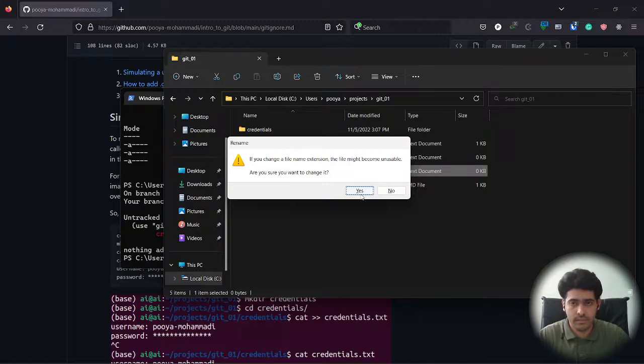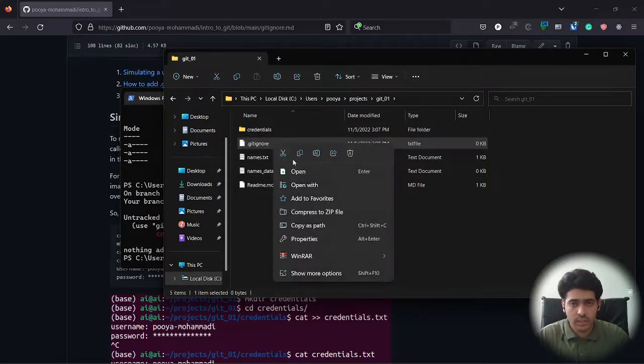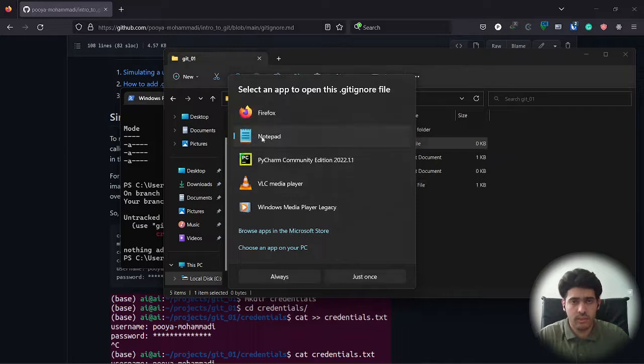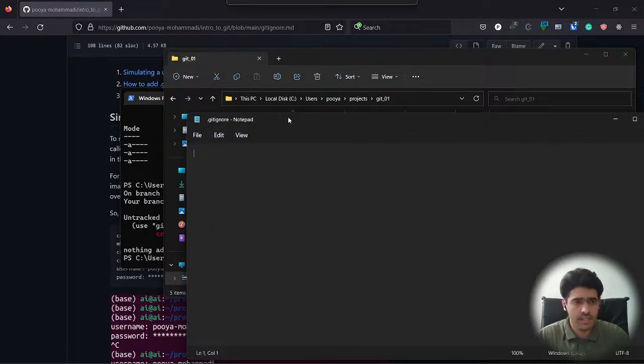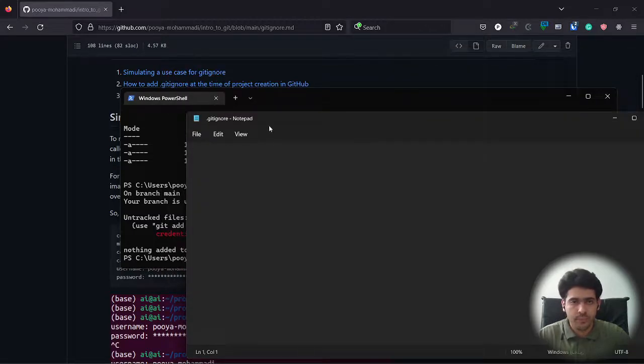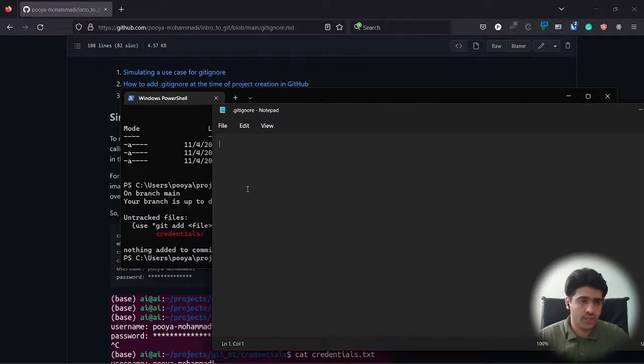Okay, and open it using Notepad, because it's a text file. The .gitignore file is recognized by the Git project. So whatever you put here, remember that your addresses should start from the root of the project. For example, credential is in here, so you don't need to put the whole address here. Just starting from the root of your project, add the path to your file or the directory